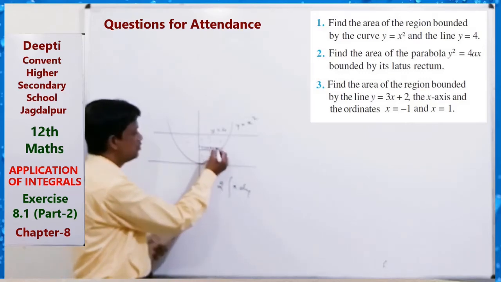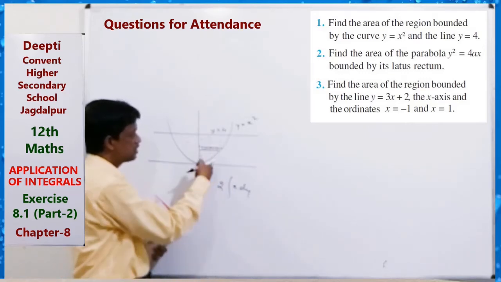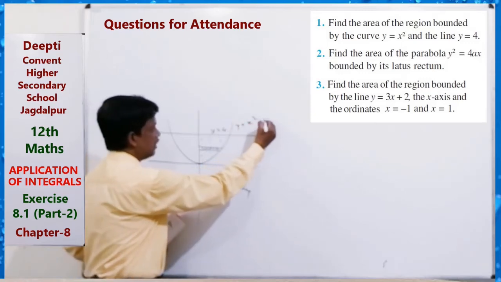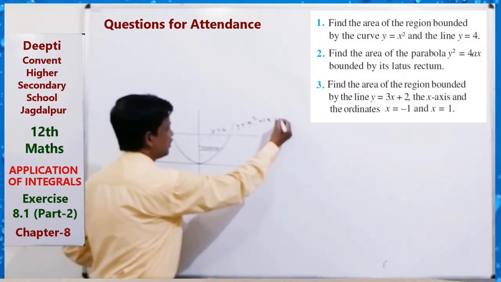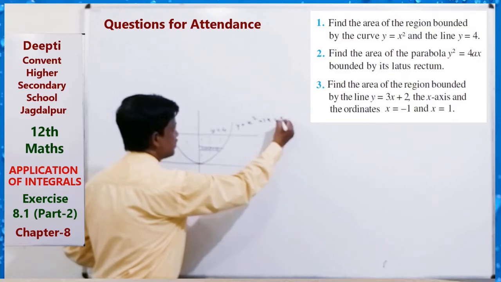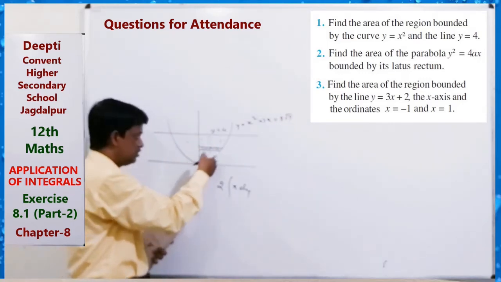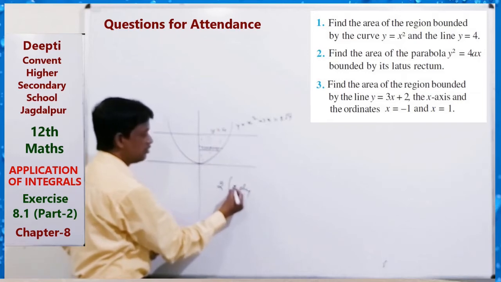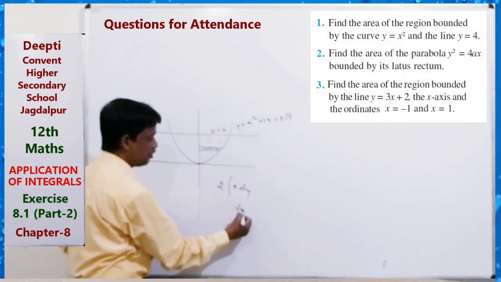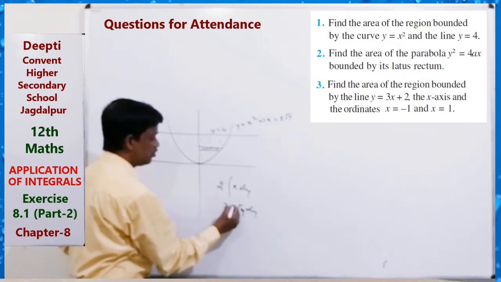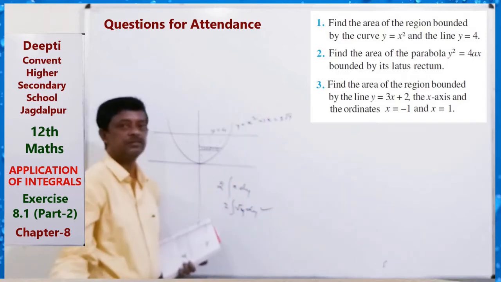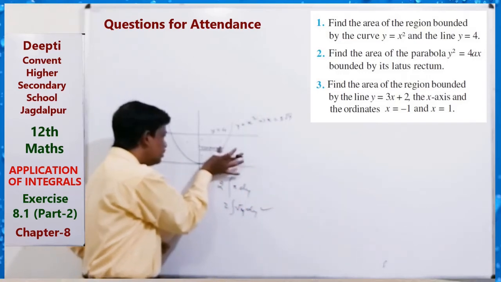x equals to, from this curve here, x equals to what? Plus minus root y, plus root y is this. So x equals root y, dy, 2 times gives the result. Or you can also take